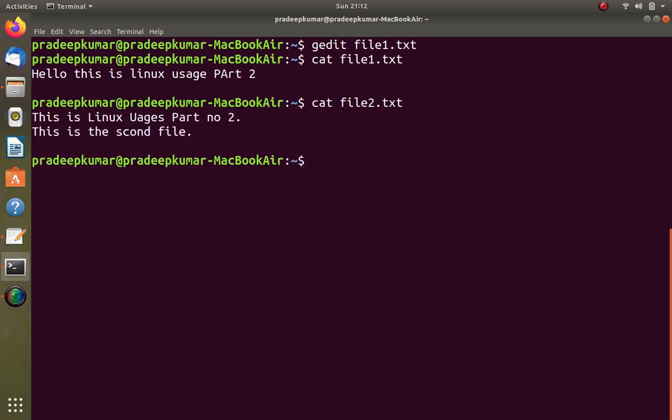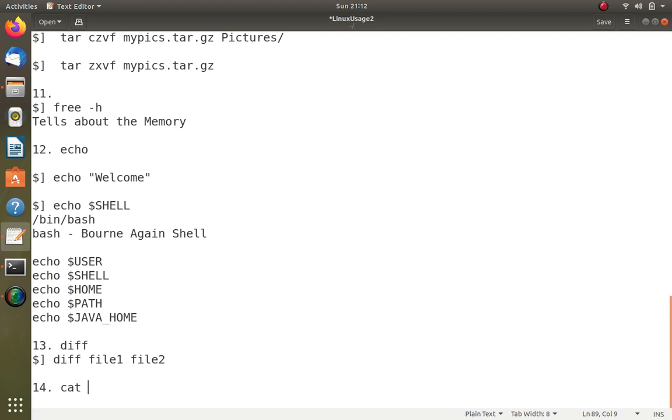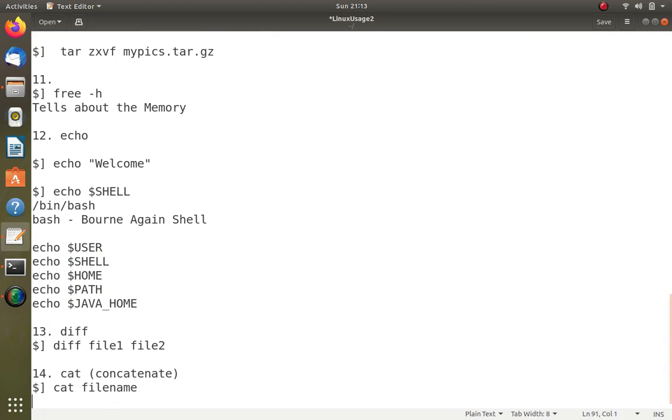That is what the cat command does. Cat is concatenate, and it is nothing but concatenate. So cat file name will just display all the data in the file.